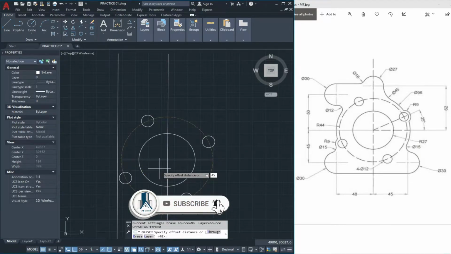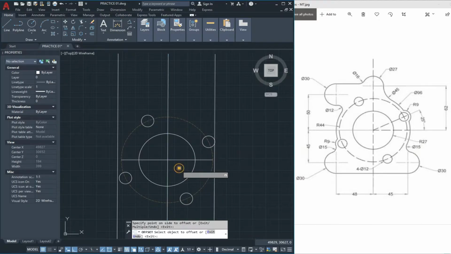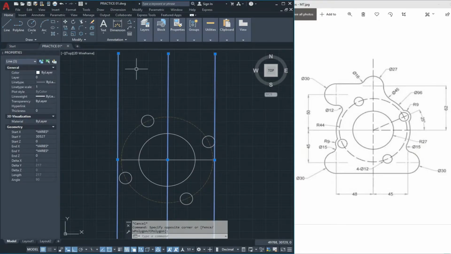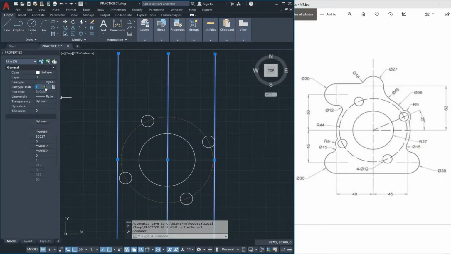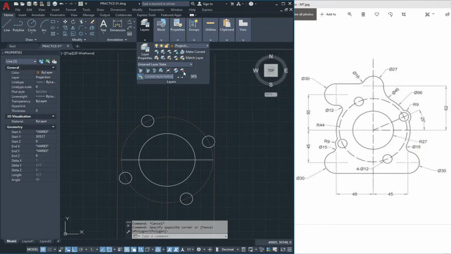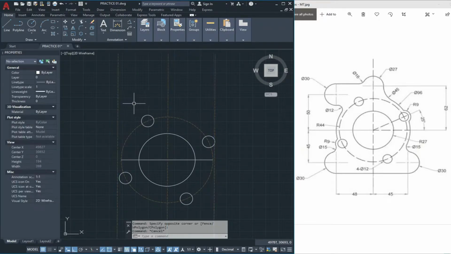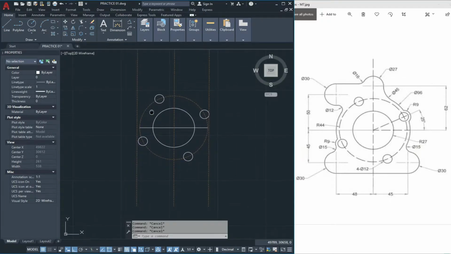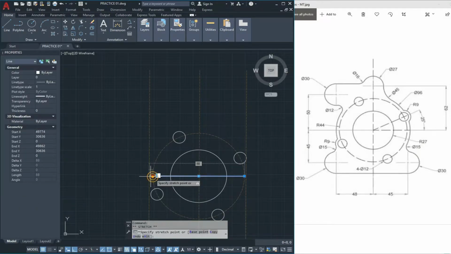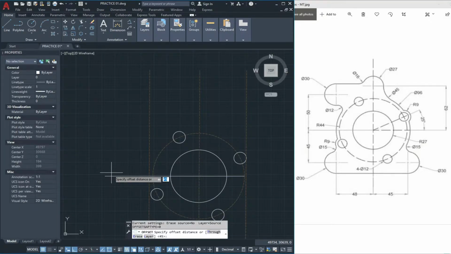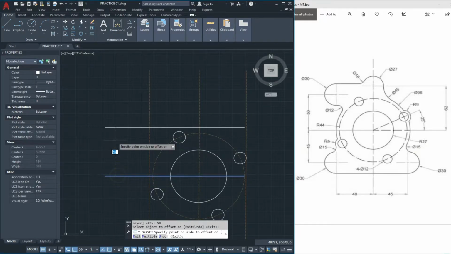And give the offset 45 units. Now we give the offset 50 units and 45 units.